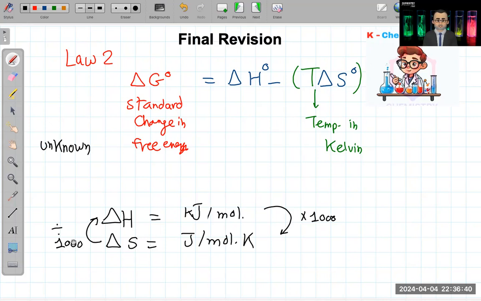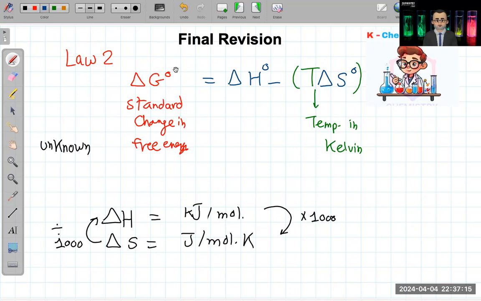Okay, so just make sure that they are both the same. It's not necessary whether you get it in joule or kilojoule. Just make sure if you are using joule here, then use joule here. If you are using kilojoule here, use kilojoule here. So it doesn't matter which one you use, unless he asks you, of course. If he asks to get it in kilojoule, then you have to get it in kilojoule. But if he didn't ask, it's okay to use this one or this one. Just make sure that you are using the same units here in the equation.